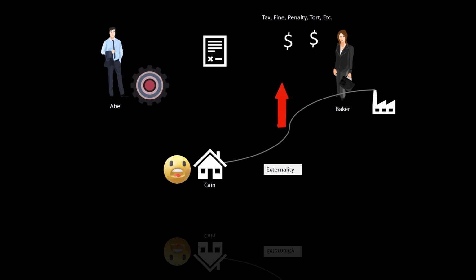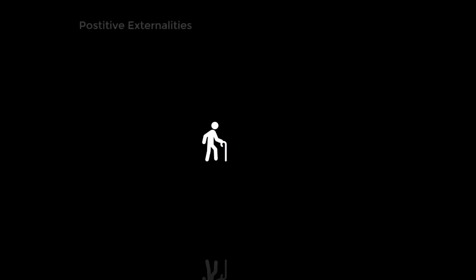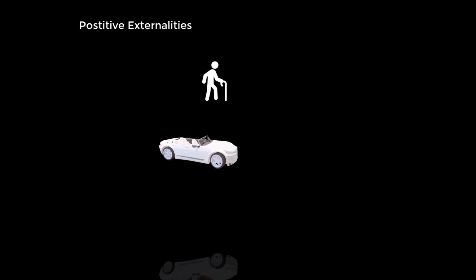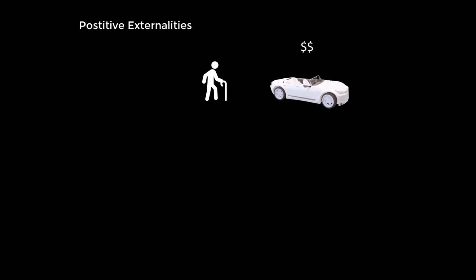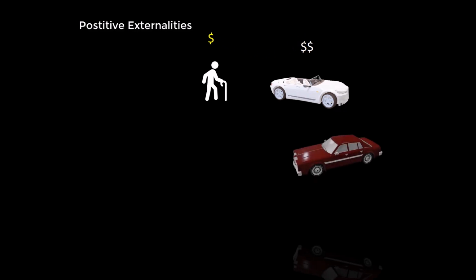The example of air pollution relates to negative externalities. A transaction can also produce positive externalities. For example, many cars today come with sophisticated accident avoidance systems. A buyer might be willing to pay a premium for a car with such a system because the buyer's own property and life is less likely to be damaged by an accident. At the same time, the buyer's car is less likely to damage another driver's property or life. This means the cost the buyer incurs for this extra safety measure benefits both the buyer and others, a positive